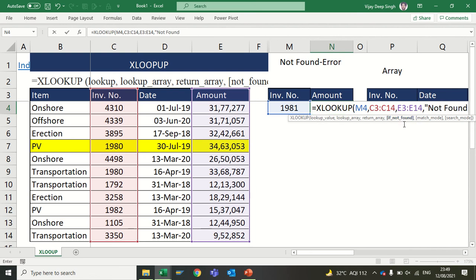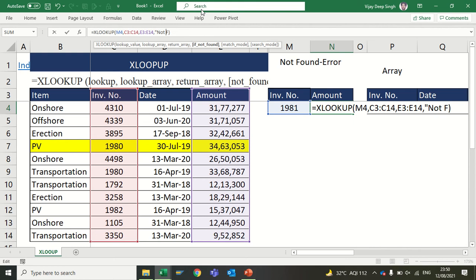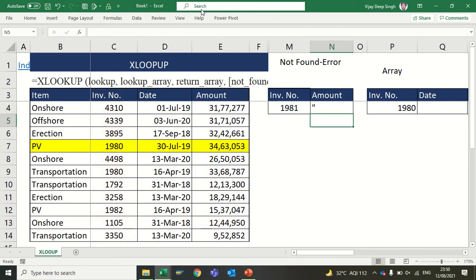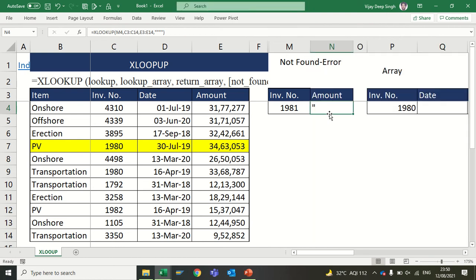If I type not found, then instead of the NA message, it will give me a not found message. Or instead of this we can get a blank cell also. I have mentioned blank here, so it will give me no value. So it's better.